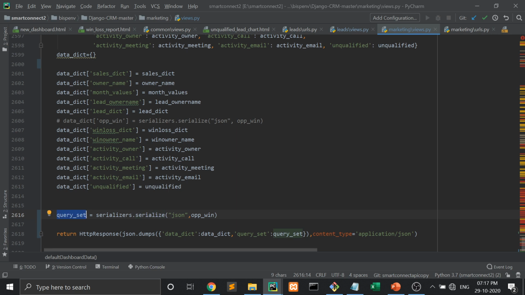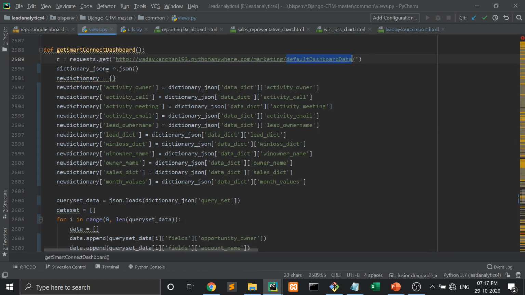Now when it is sent, look at this dictionary JSON, when this r variable receives it, I have to decode it. Then I have created a new variable, a new dictionary, and pushed all the data into it.